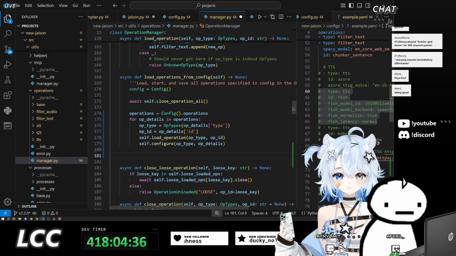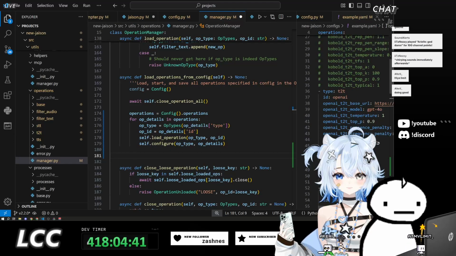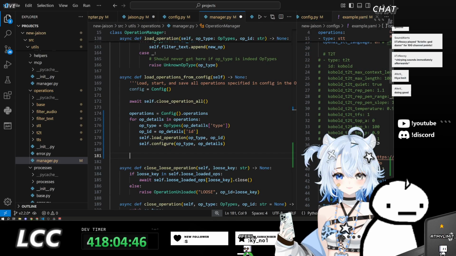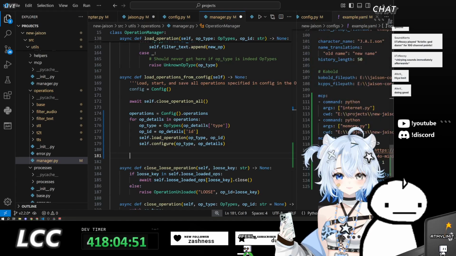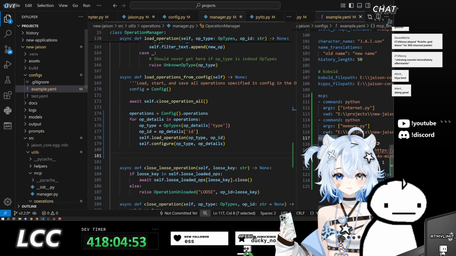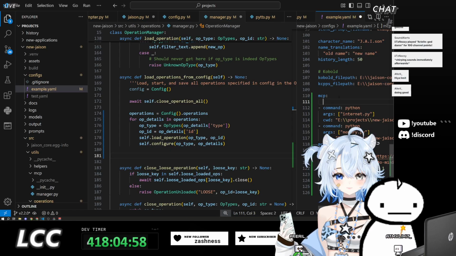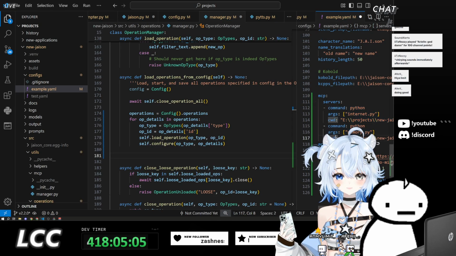We should also attempt to load, I guess, the MCP loose operation. We should try and load the MCP operation, and that will be like so. This is under MCP LLM. Under MCP, we'll have servers, and this will be a list of stuff. And we'll also have the LLM, which will just be that.